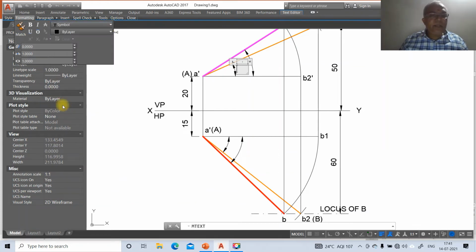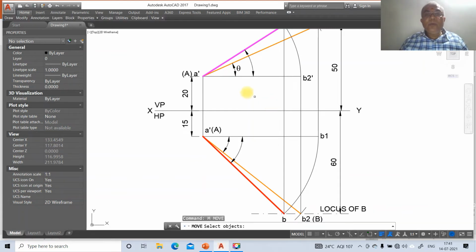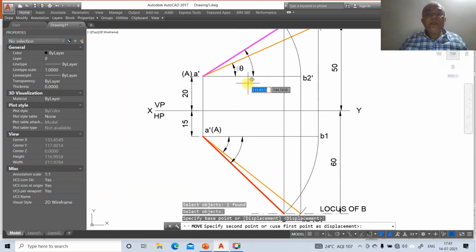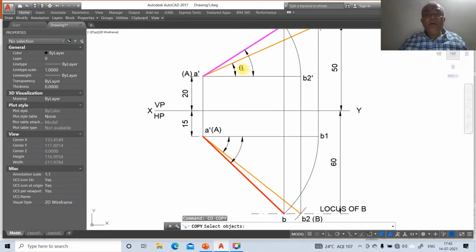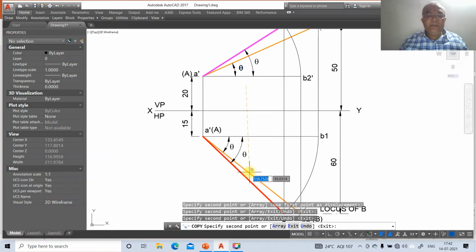You select symbol, you type Q, that is theta. Then accept, then go to move. You keep it here, then go to copy, copy this here, and similarly here, and similarly here.